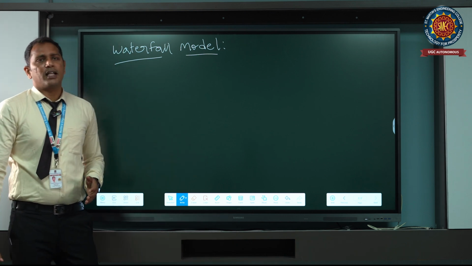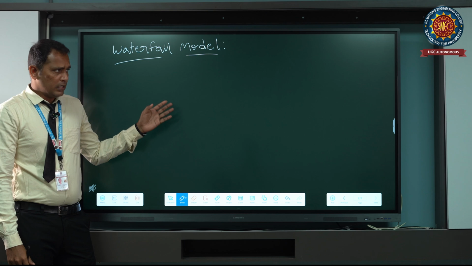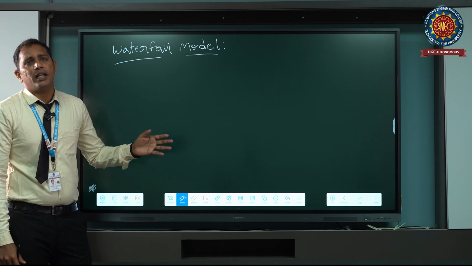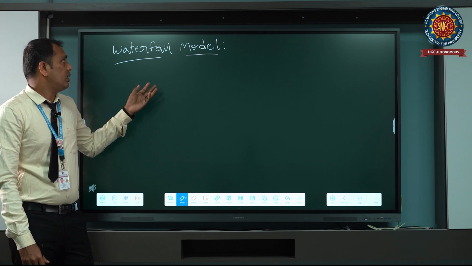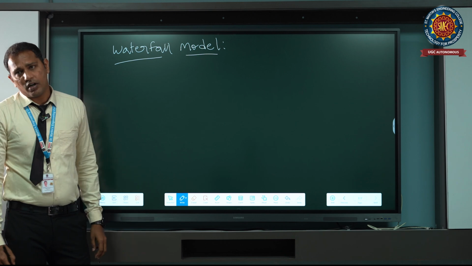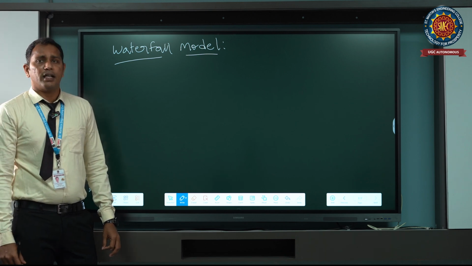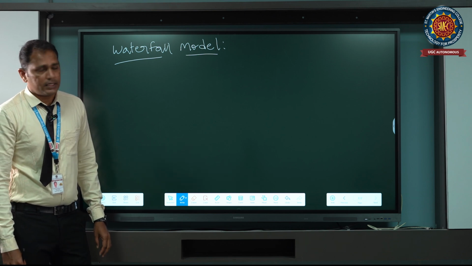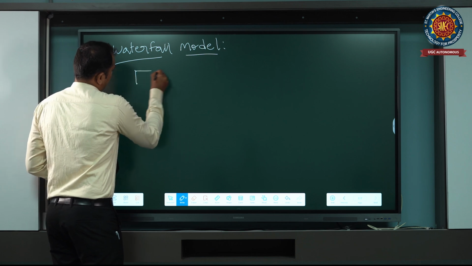In the software development life cycle, the waterfall model is one of the famous and old models used for making software. It is the main thing software developers use in development. What is the waterfall model? What is the use of the waterfall model? It is a linear, step by step process. In that we have a diagram for the waterfall model.